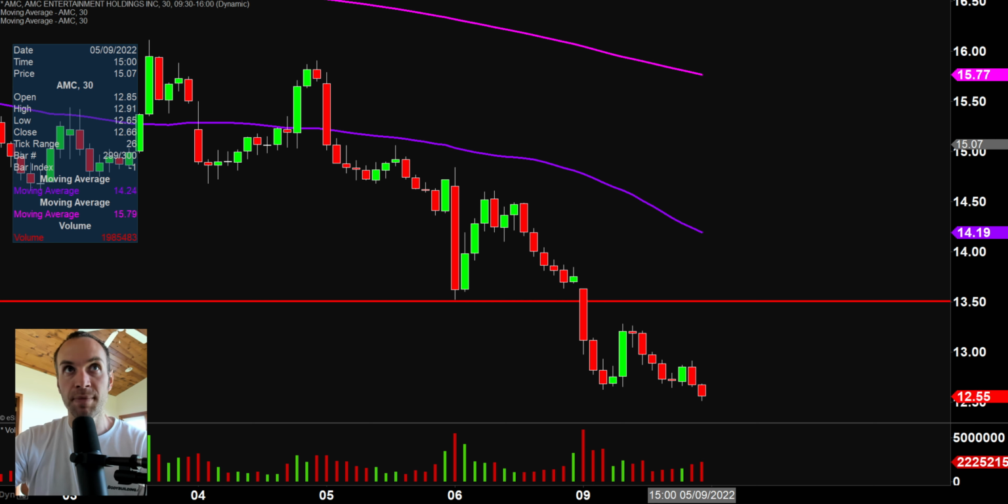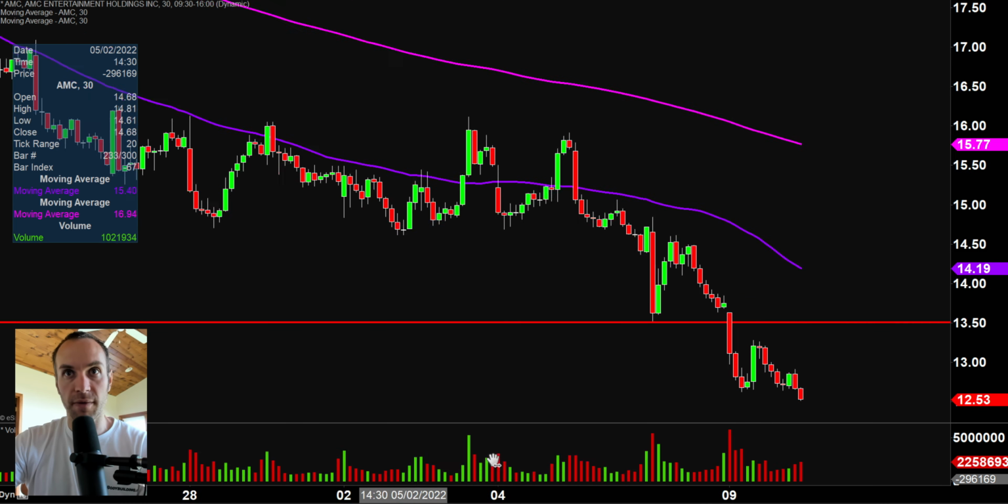And even if it does, you want to be very skeptical about getting overly excited because not that far away is that very stubborn and very annoying purple line there, the 50-period moving average. So those would be the main levels there. As far as next potential areas of support are concerned,